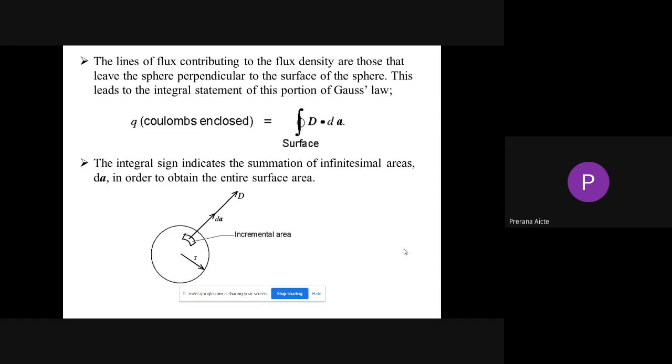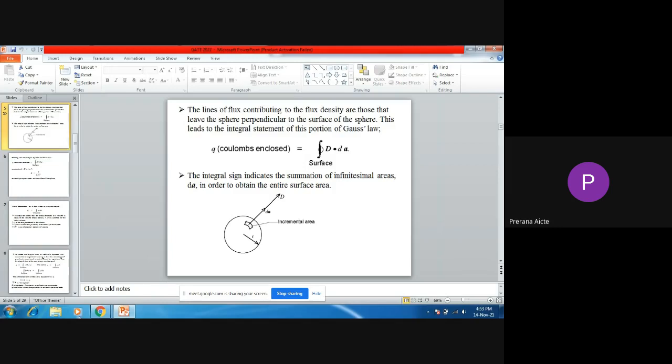The lines of flux contributing to the flux density are those that leave the sphere perpendicular to the surface of the sphere. This leads to the integral statement of this portion of Gauss's law. So Q is equal to, now here, as in the previous case, Q is equal to